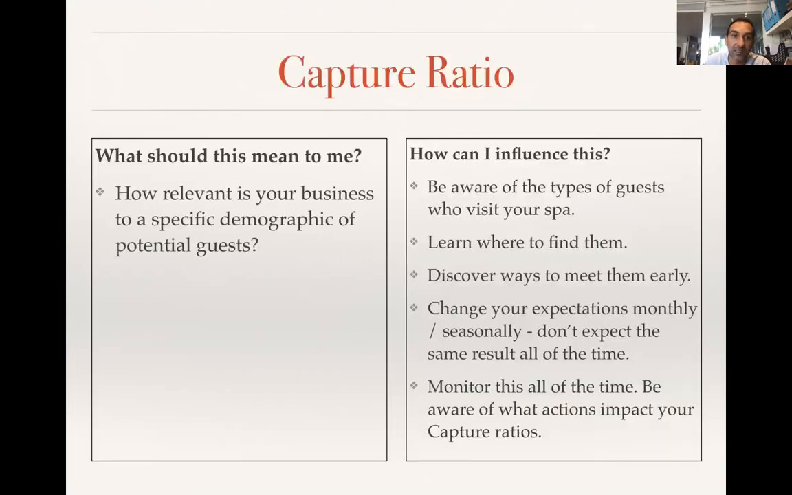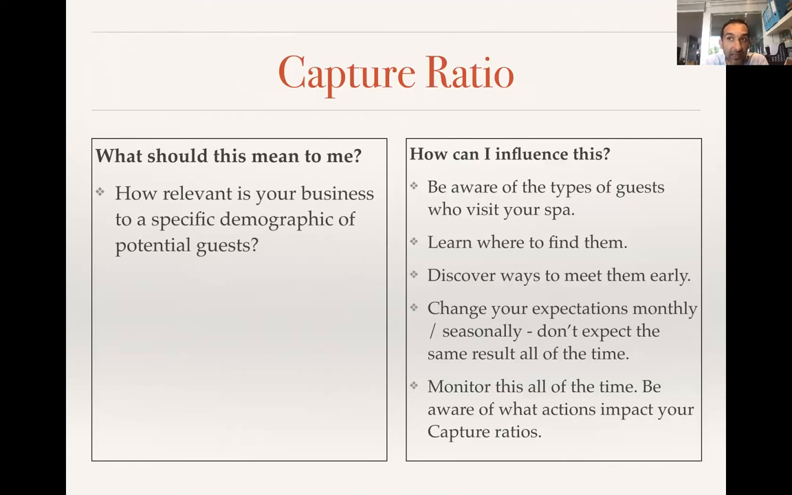How is it relevant to me, or what should it mean to me? Well, this is a calculation to show how relevant your business is. If you are located in a hotel and you have chosen to locate your business there, you obviously would want to know how relevant is your spa to the hotel, how meaningful. If you're a day spa, you may want to look at your street or take a compilation of buildings, condos, or houses and know how many people are in that segment